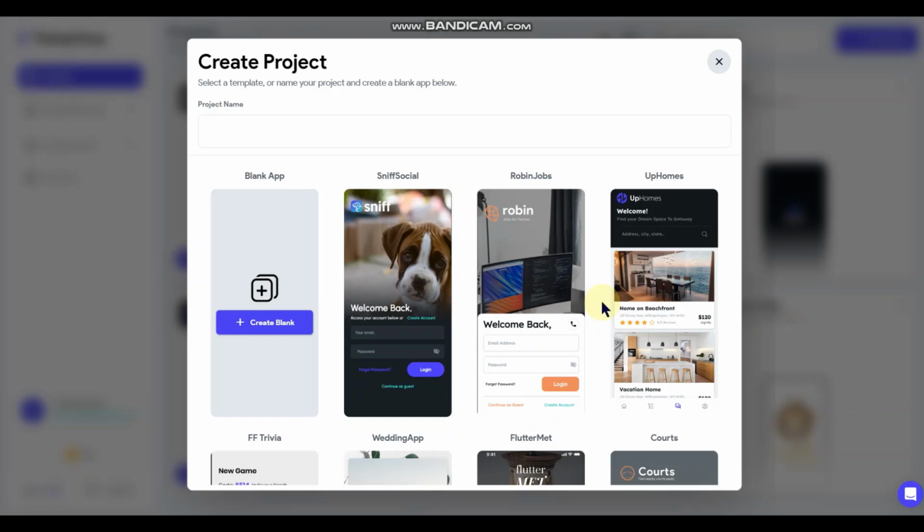So what I'm going to be doing for this tutorial is creating a social media app. It's kind of a good starting point in my opinion. There are a lot of people out there who want to make similar apps that follow a similar line. It may not necessarily be social media, but they may want to create an app where they can have followers or friends, and be able to post things where people can see it.